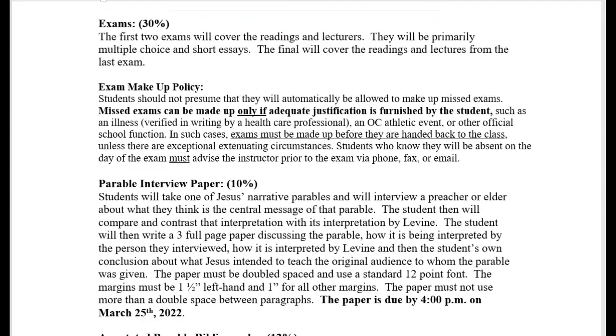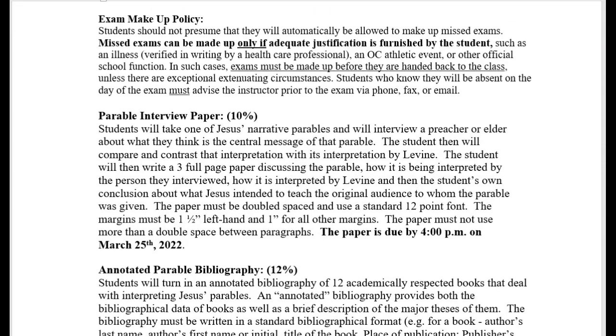So the interview paper is going to be where you will take one of Jesus's narrative parables. There's a distinction between parables that are kind of cryptic sayings and parables that basically tell a story. And you're going to take one of those more story-like parables, and you're going to interview a preacher or an elder or someone who is seen as a